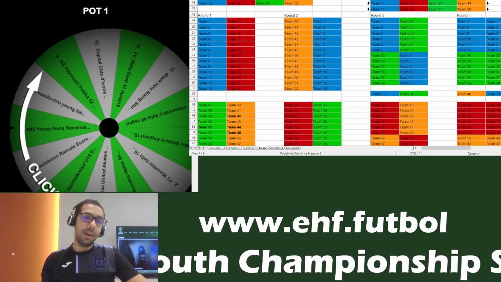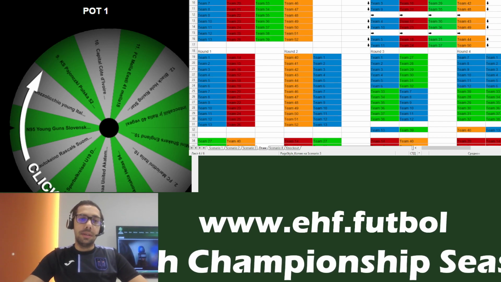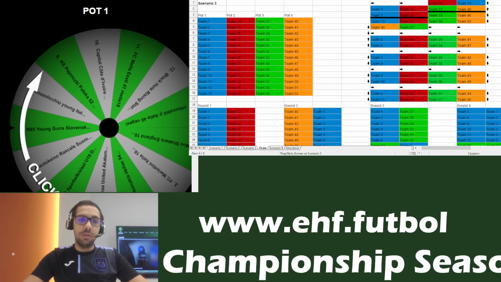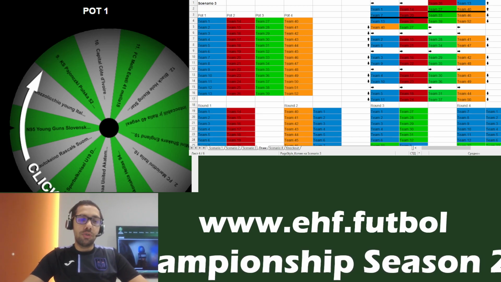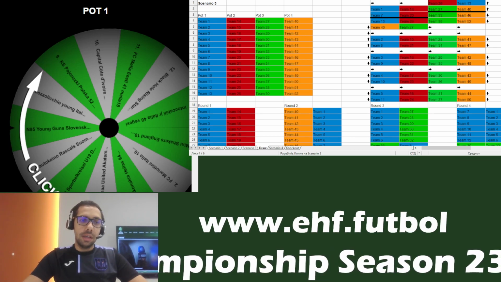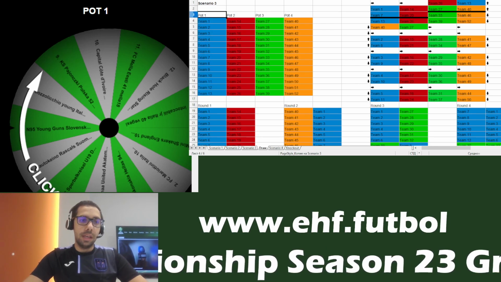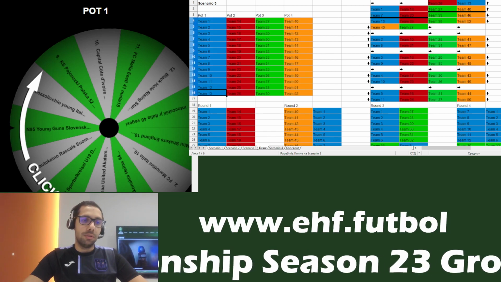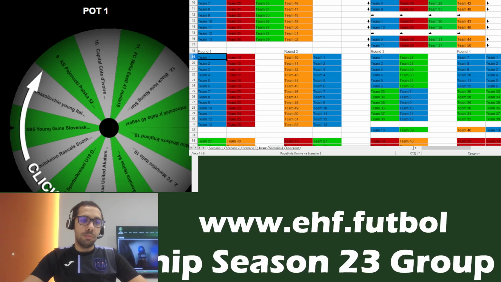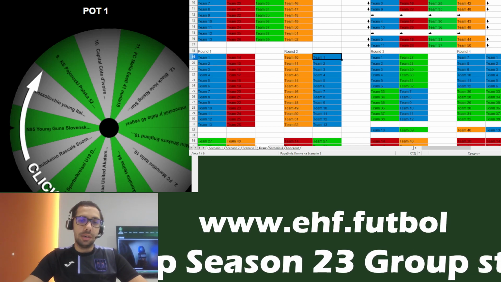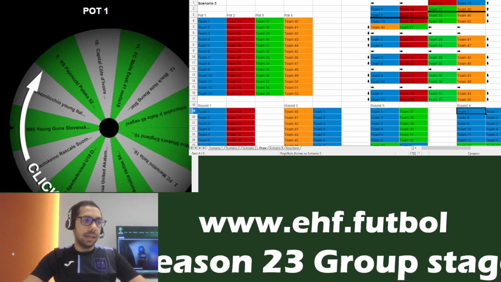I'm using the same file because we have again 52 teams, so it's going to be much easier to do the draw. So how is the procedure going to go? I'll be drawing the first 13 ranked teams into the first pot, and they will be filling up the positions from 1 to 13, and they will get automatically filled in the rounds below. And you can see on the right-hand side